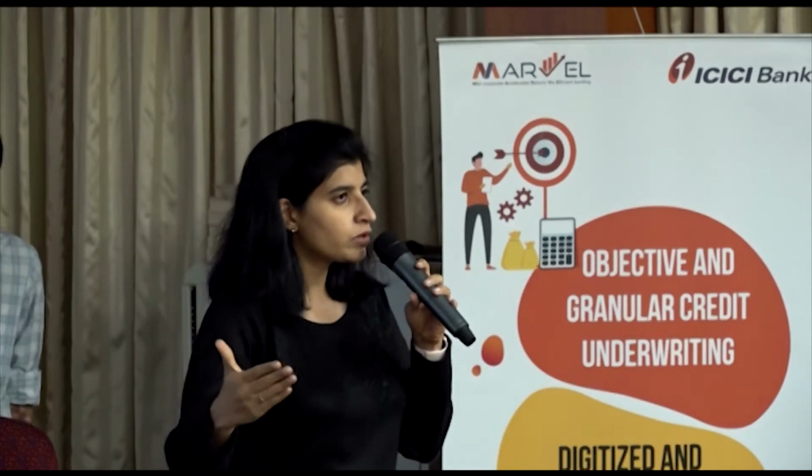Now, in continuation to what Bala said on Krilsi, so Krilsi and EDPMS, where we are developing this backend, we are trying to generate some reports which would be available to the team, which will have time series data. For example, normally Krilsi gives you point in time data, but if a company has been in arrears in the past, let's say in the last 2 years or the last 1 year, the SMA reporting, moving in and out of default, exposure details and so on. Once that report is ready, that can be uploaded in that Krilsi icon.